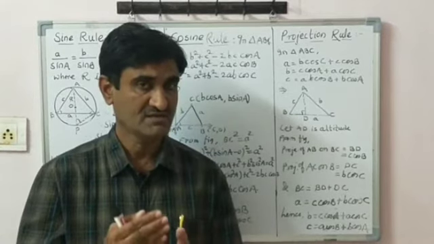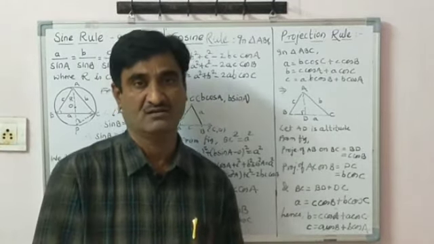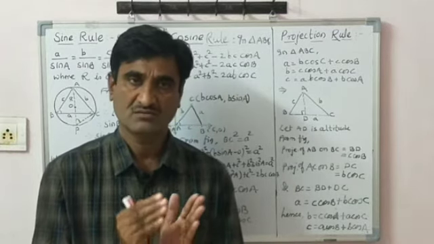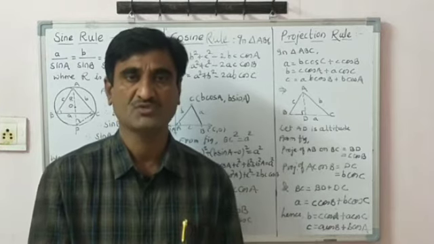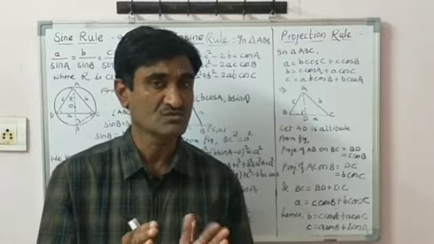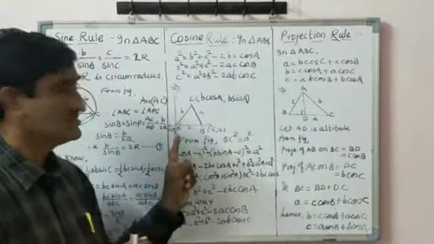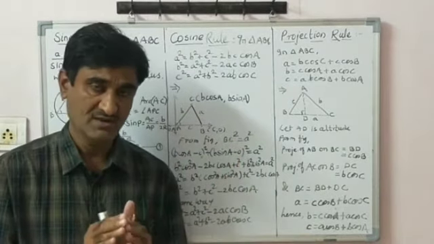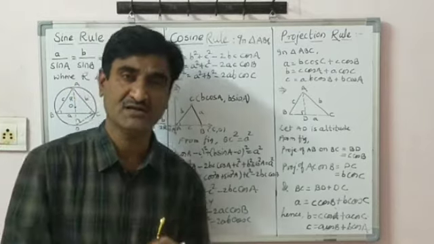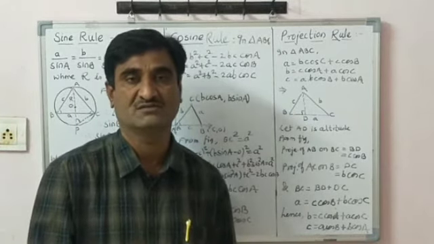Today we learn the next part of trigonometric function, and that part is the solution of triangle. The next part is sine rule, cosine rule and projection rule. Let us learn these three rules simultaneously. All these three rules are in front of you on this board. We learn them comparatively, and when we learn anything comparatively, there is less chance of confusion.